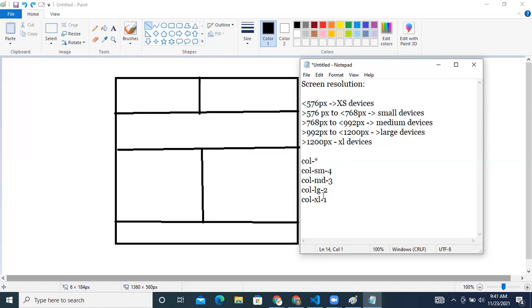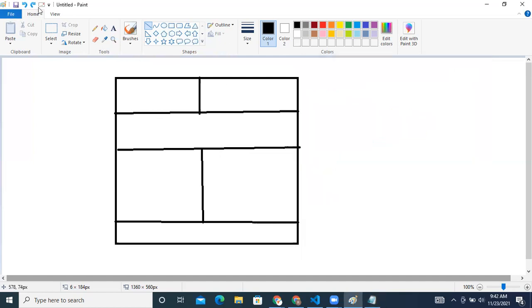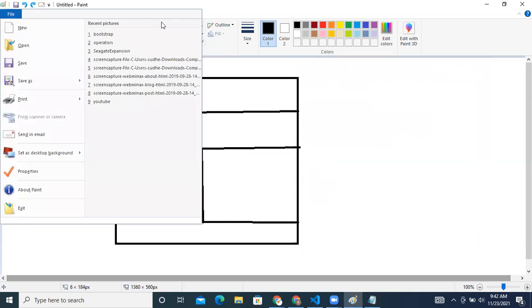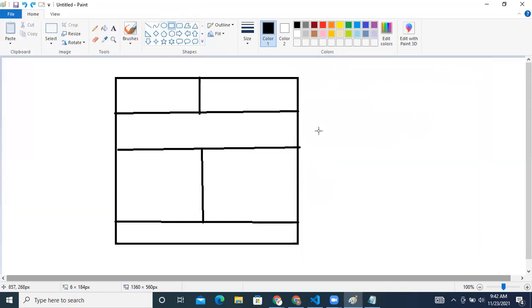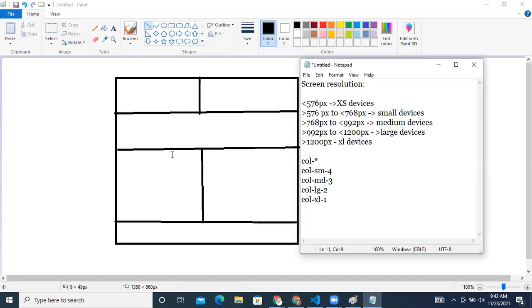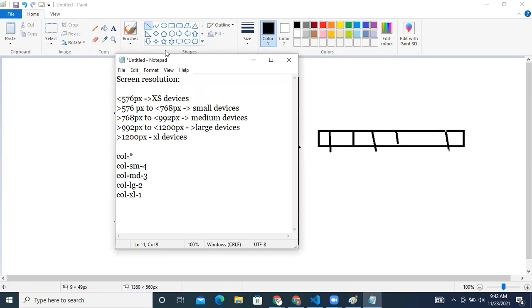The column you will be mentioning like this inside a class. For example, I'll take this column MD3. How will this be divided? See, as I told, we have 12 columns. Okay, till 12 I have. So now it will divide this. See, MD3 I have given. Now it will divide 12 divided by